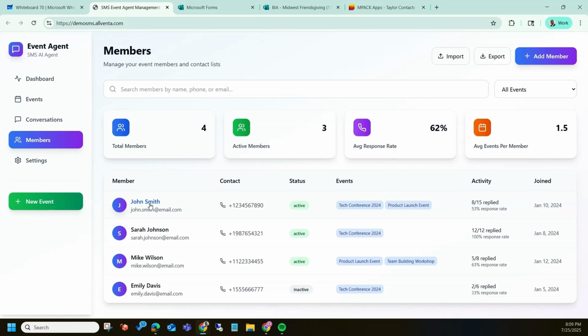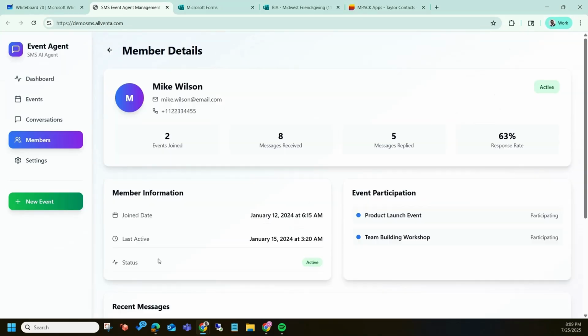So here you have John Smith, their information, and you can tell that John signed up for the tech conference, and John also signed up for a different event for another client, same promoter, for the product launch event. And you can see the same with Mike Wilson. Mike signed up for the product event, and then Mike also signed up for the team building workshop